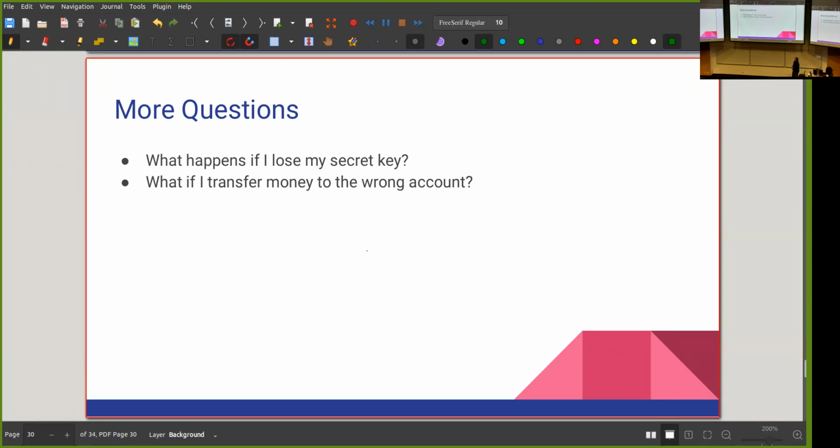And actually, there is even a worst case here. And that's the case where you transfer money, for example, you have a typo when you're creating the transfer. Maybe you put 1 space extra or something like that. And you transfer to an account that does not exist. You transfer money to a public key for which no one has a corresponding secret key. Then that money is burned forever, and no one can access that money ever again.